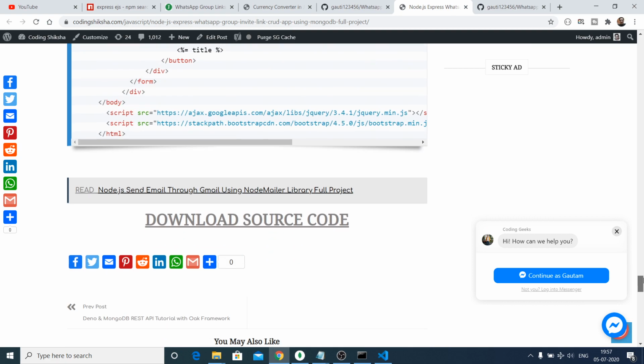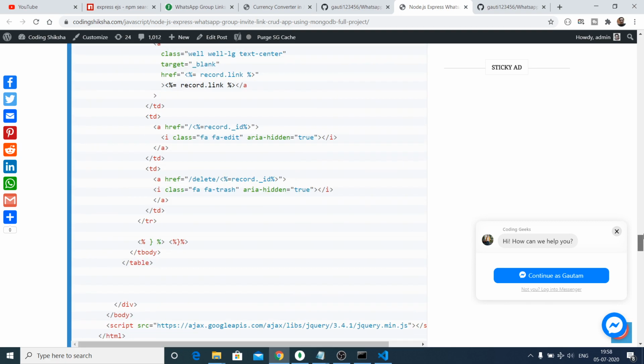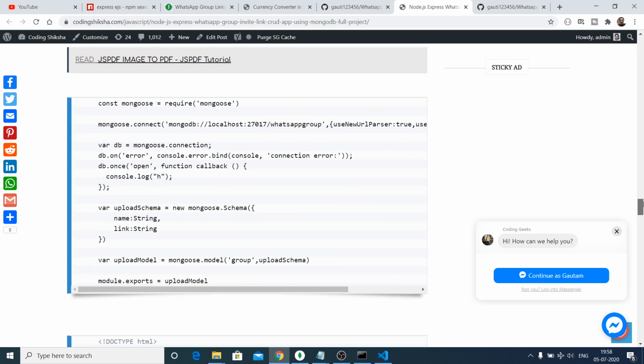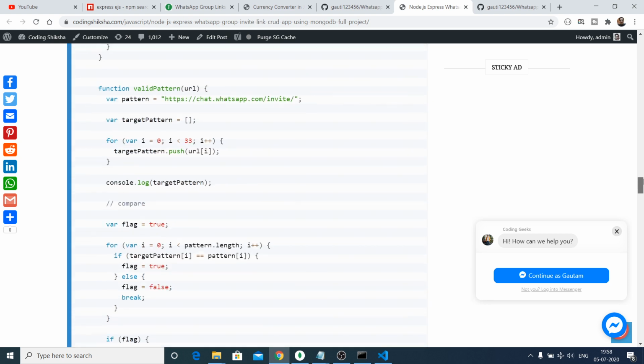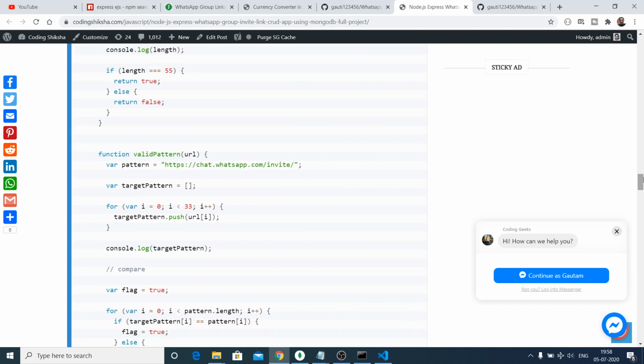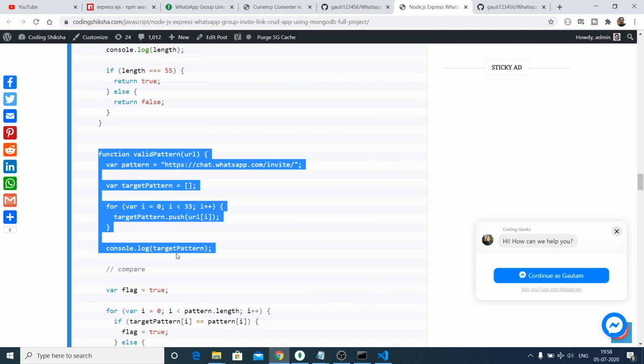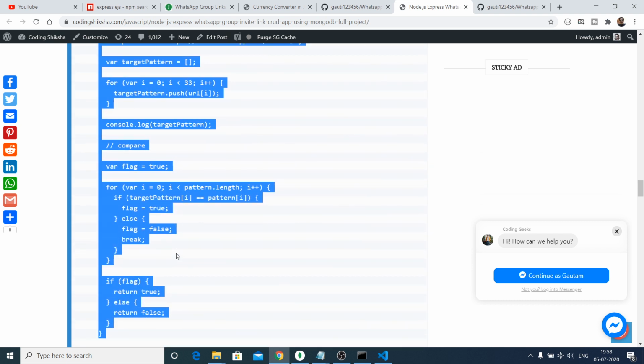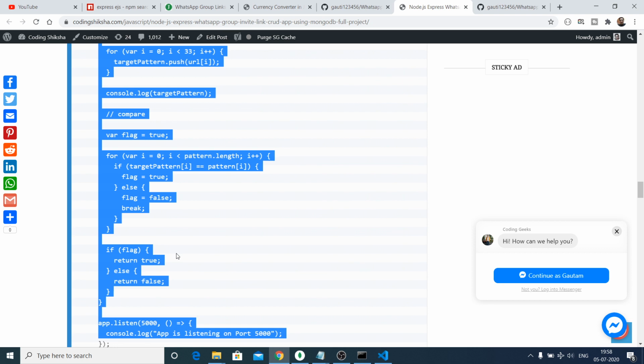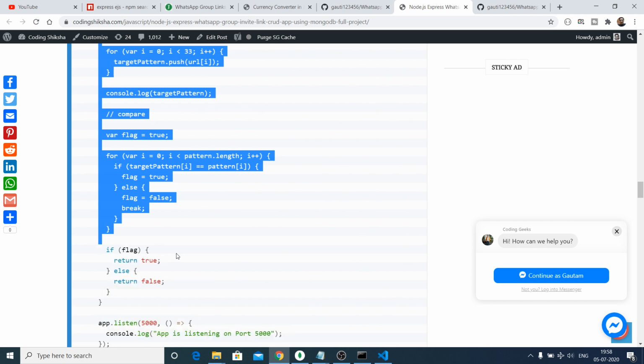For that we have a separate function that I have created. Let me just show you. This is a function, guys, valid pattern. This video will be pretty large if I write this function on my own, so you can even go to this blog and copy paste the code here.